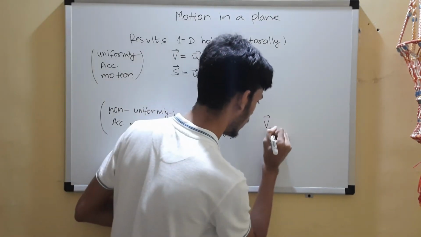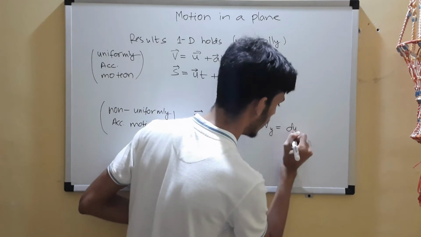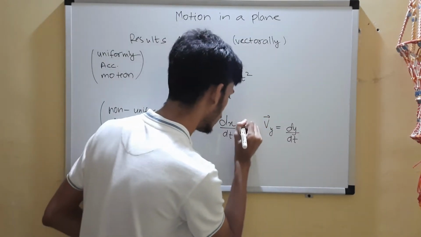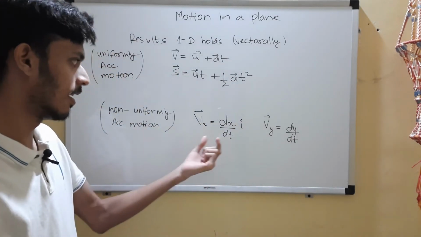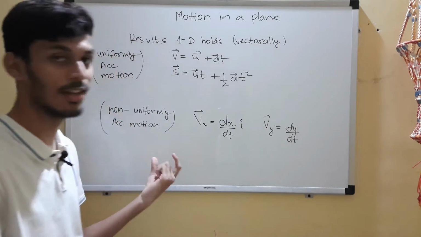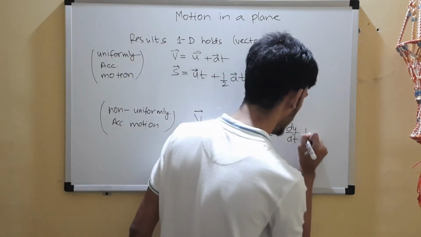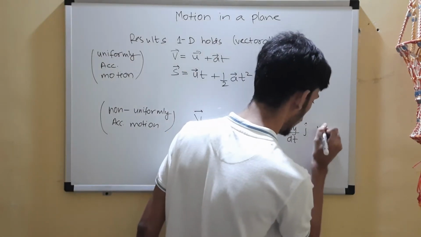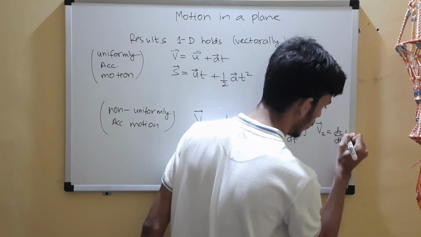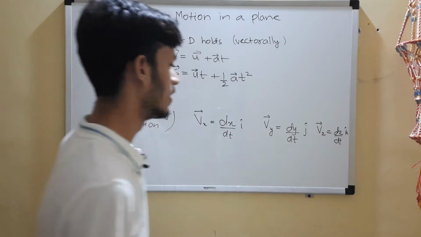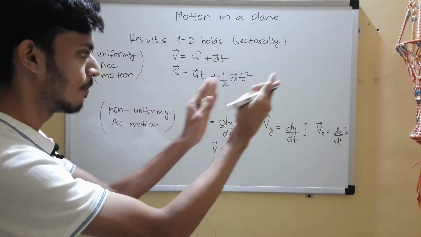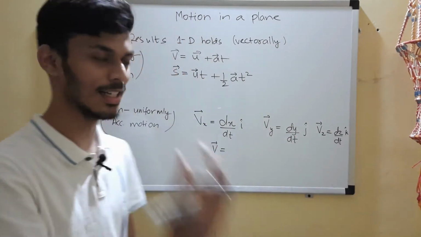Similarly, you can write for Vy, it will be dy by dt. Okay, displacement in y. Now these are vectors, so this is along x-axis, right? Displacement in x is along x-axis, and with respect to time will give us the velocity. Similarly, this is along j cap, and you have dz by dt, and along k cap, which is the z axis. Now you can also combine them. Instead of finding them separately, you can combine them under a single roof.